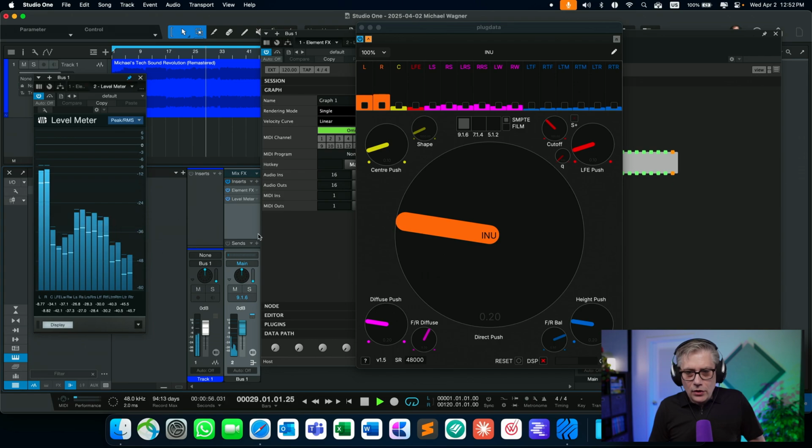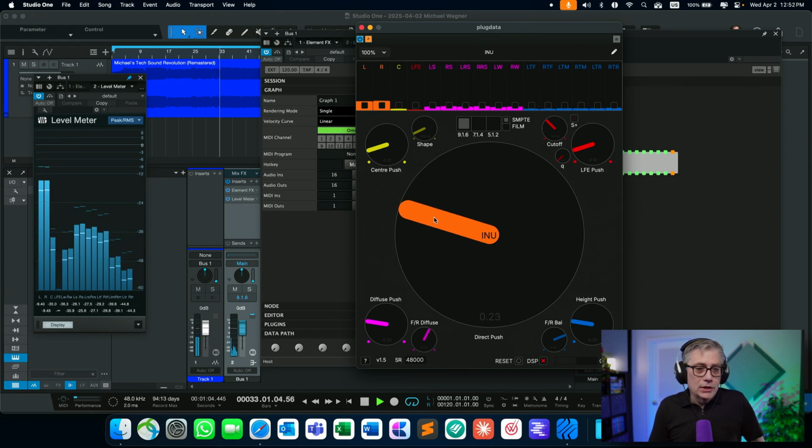So these now are coming in, and that essentially means that I can now work with Eno in the way I would always work with Eno if Studio One would recognize that as a regular multi-channel plugin. And that actually works really, really nice. Now, at this point, it is important to test a couple of things. The first one that we need to check is to make sure that the channels are actually coming in in the correct order. We currently have Plugdata within Element and the Element within Studio One, and it is possible that the way the channels are routed from Plugdata into Element into Studio One might actually screw up the order, so we need to check everything.